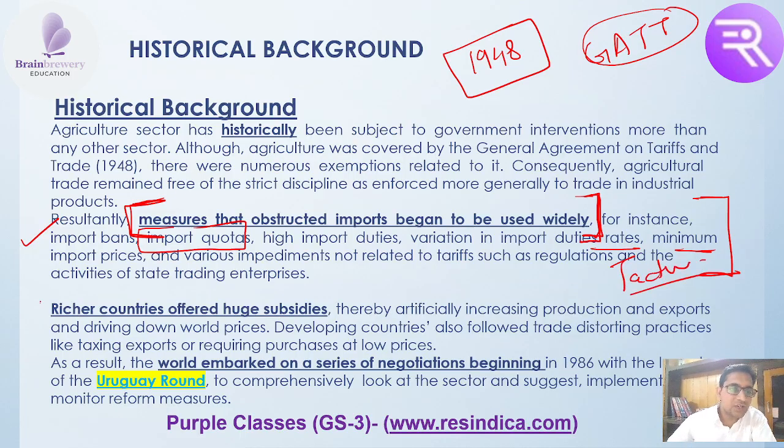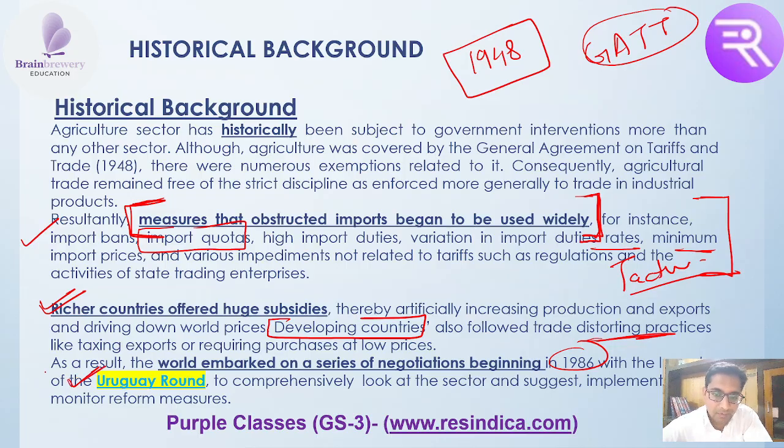So we know that richer countries were paying a lot of subsidies to their farmers, and they have thousands of acres of land, so even a slight amount of subsidy produces a huge amount of crops. So developing countries were facing a lot of issues, and because of these richer countries, developing countries were having the price distortion that was happening. Okay, because their exports were getting banned, and there were a lot of import quotas and everything. Okay, so a lot of negotiation started, and with this negotiation in 1986